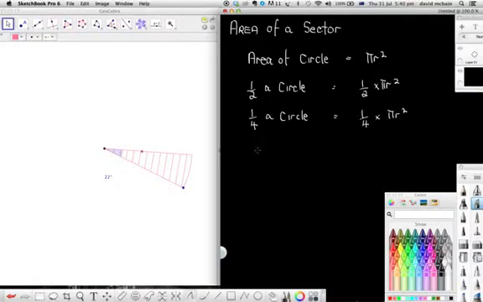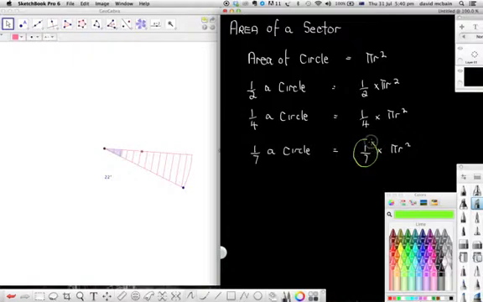And if we wanted to work out, for example, the area of 1/7 of a circle, the formula would be 1/7 times pi r squared, or pi r squared divided by 7. This would be pi r squared divided by 4. Pi r squared divided by 2. And so the fraction,